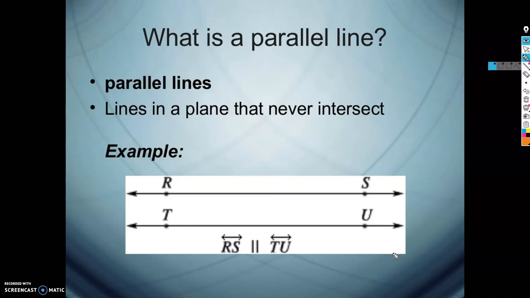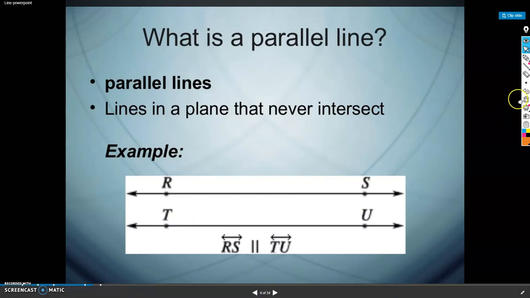And you see this in shapes a lot. And what we're going to do next after we do all this stuff is talk about two-dimensional shapes and how to classify shapes. And being able to identify parallel lines is very important because that is how we can classify some of our shapes. So parallel lines will never intersect.